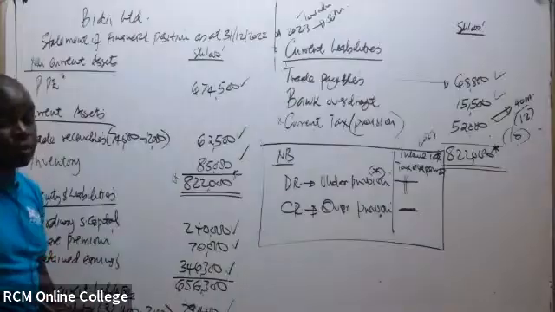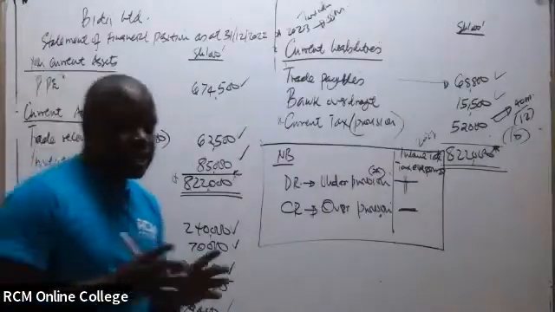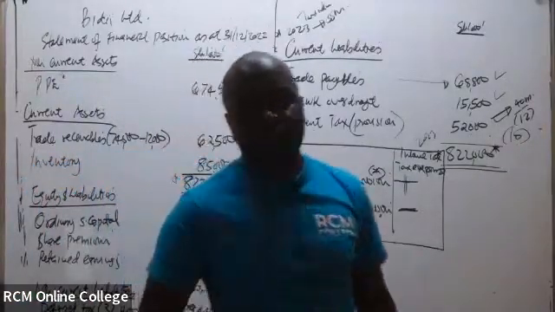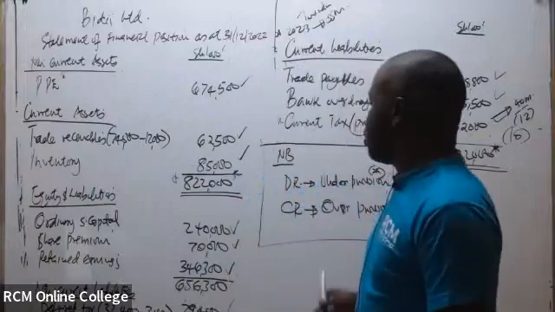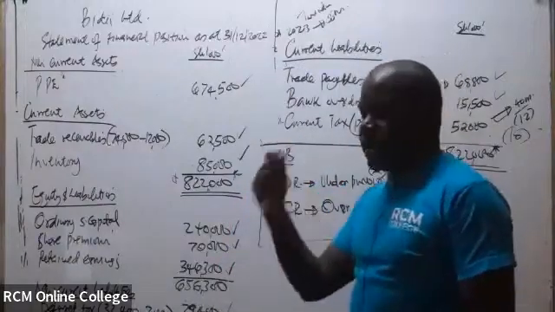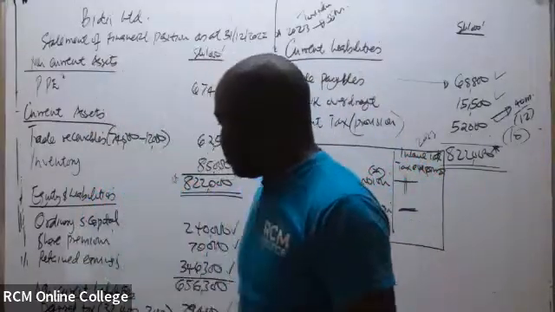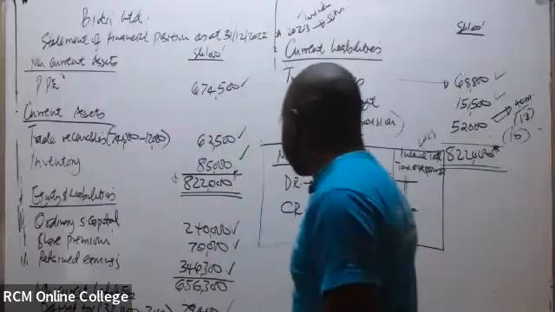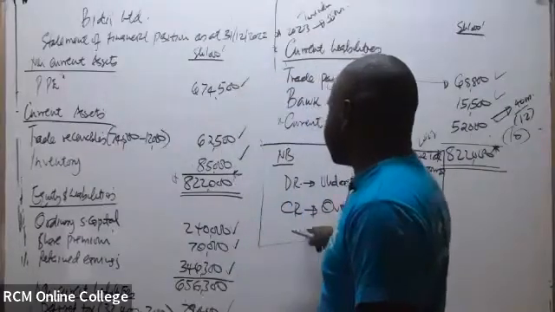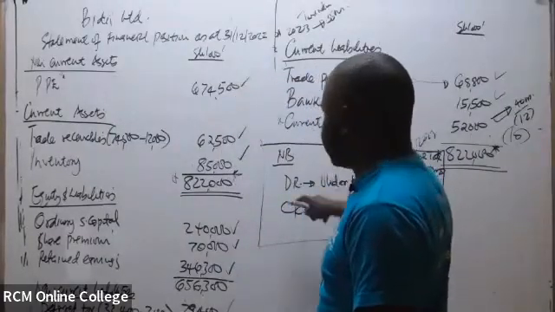So take note of that. It is also another common element the examiner really likes: under provision or over provision of current tax. Don't forget about it. Remember it. So remember about the deferred tax, and also sometimes under exceptional situations, you might bring this one and include it as part of